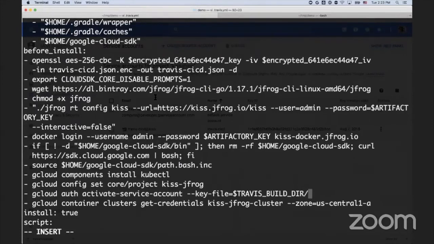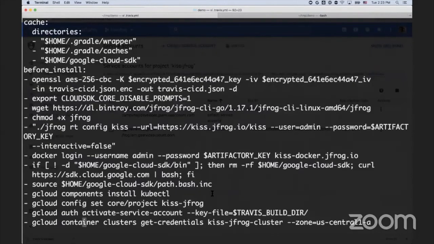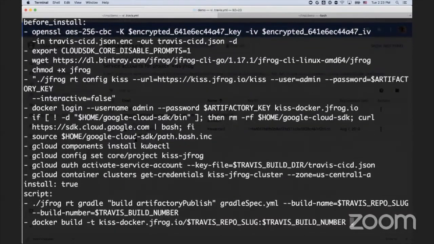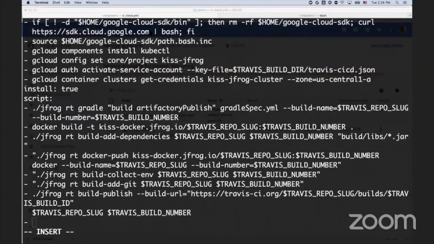And then I need to refer to the name of this file. Let me go up to here. What is the name of the file? It's called CI/CD JSON, right? So let me just go back and put the JSON file here. So what we've just done is download gcloud, install kubectl, configure gcloud with the service account that I want to use, grab the credential for my cluster, and then finally, after all of these things,